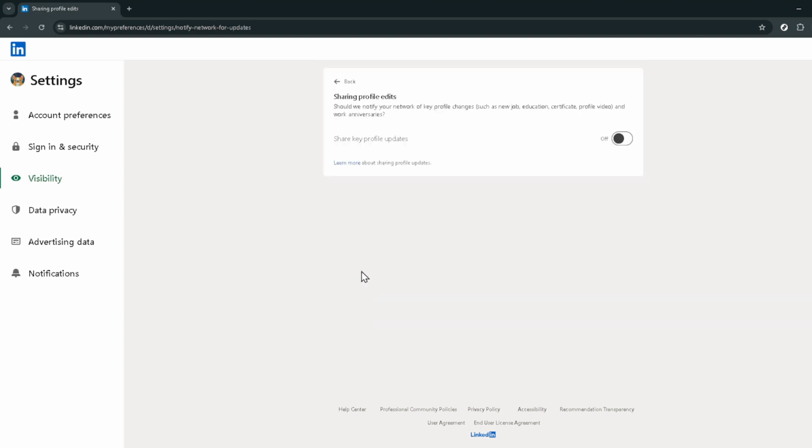By default, it might be set to active, meaning your network is notified of the job changes, education updates, and work anniversaries reflected on your profile. To hide your LinkedIn experience from your network, simply turn this toggle off. And that's it. You've now successfully navigated through LinkedIn settings to ensure your experience updates are kept private,